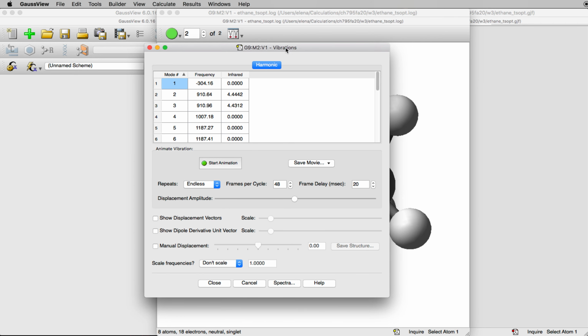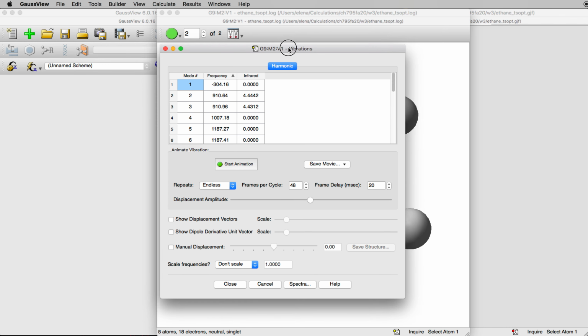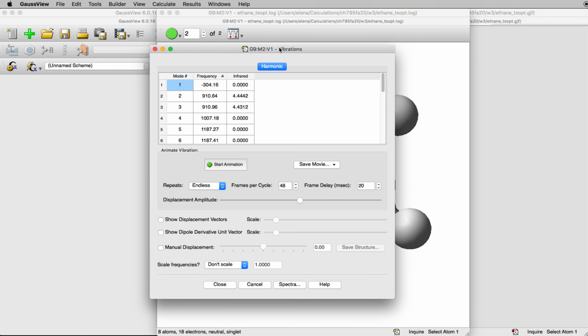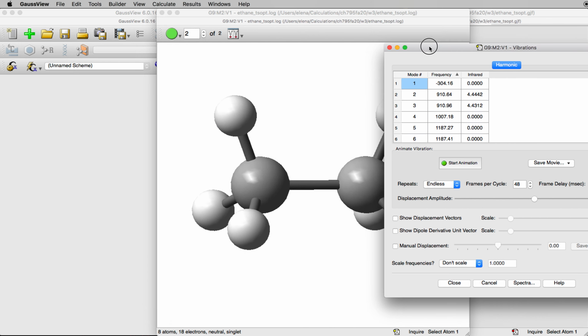What I want to look at here are the frequencies in wave numbers, the second column here. You can see that all of the frequencies are positive except one that is negative 304 wave numbers. That's what I want to see for a transition state, that I have exactly one negative frequency.